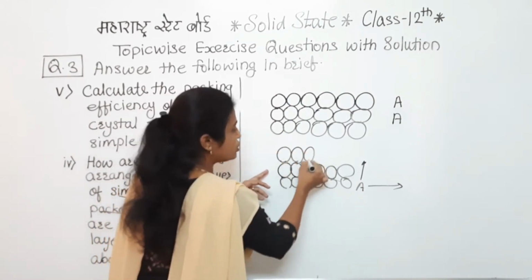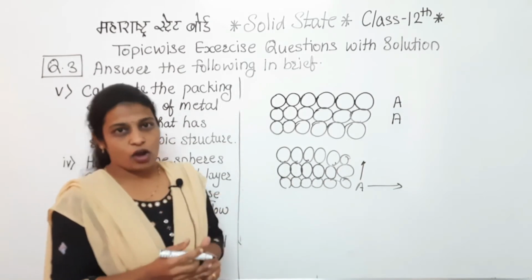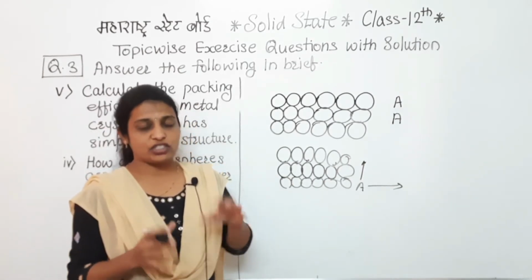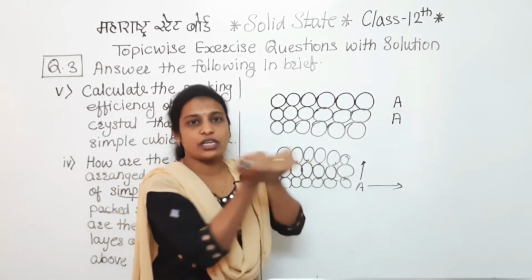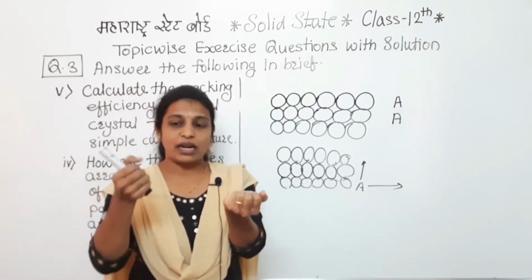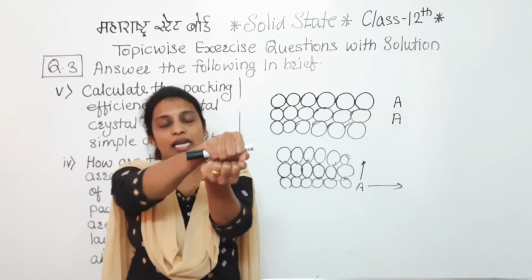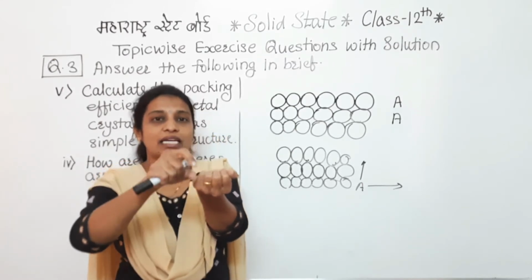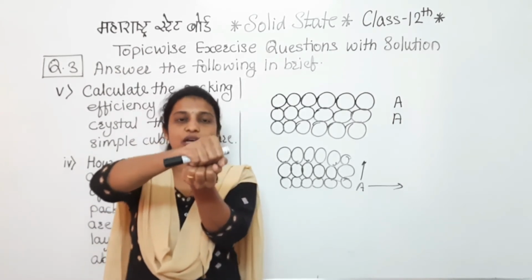Here all the spheres are arranged vertically as well as horizontally. Means in this way we can say that when these spheres are arranged in a horizontal way, and then arranged in the vertical manner, at that time one sphere is just above the second sphere, and in this way that perfect alignment is achieved. Means it is just above that.